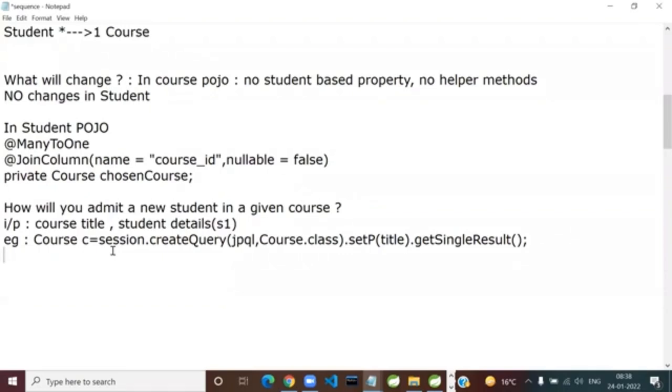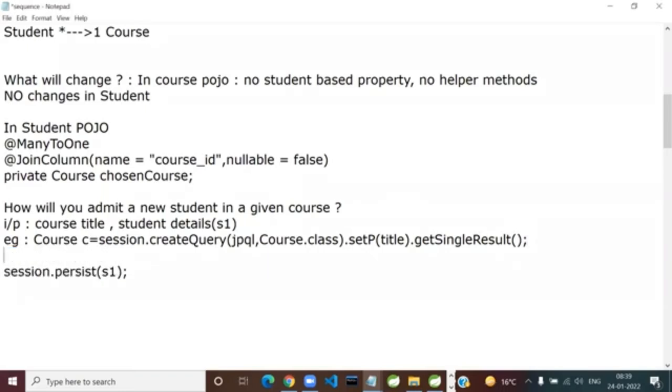Yes, please. Next line. Okay, I'll write something. You tell me correct or wrong, because I'm not getting any answer from this. Yes, very right. I'm so glad to see this. So if I say session.persist(s1), will the student record be inserted in the database? Yes. But will it have the association? What will be the value of the foreign key? Null or not null? Null.